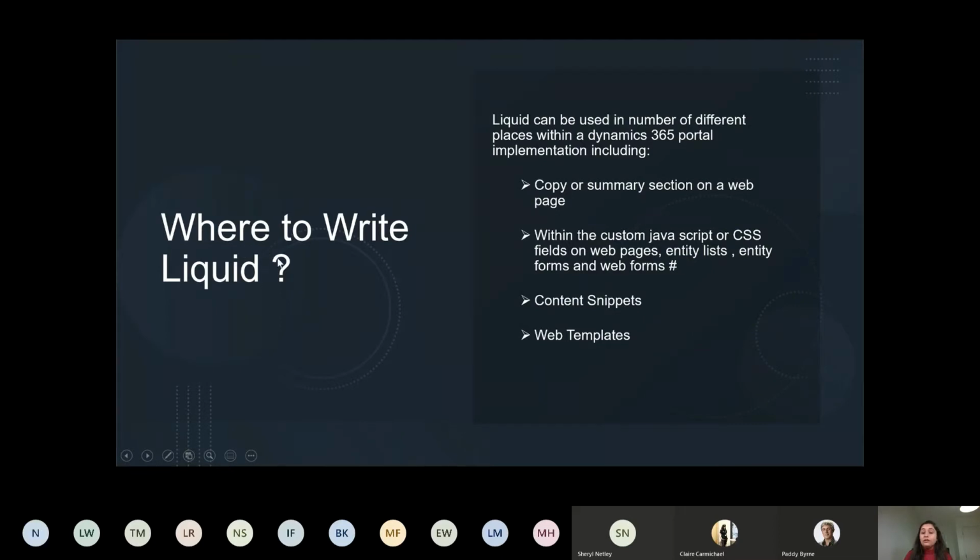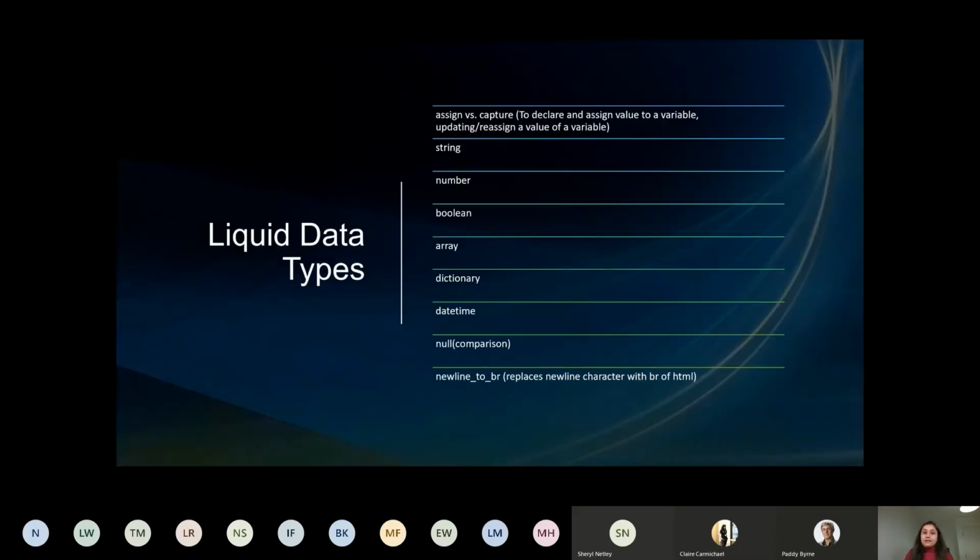to write Liquid. So today we are going to practice all Liquid syntaxes and code, and just get started using the web template. But all other places Liquid is applied, and Liquid can be mixed with HTML, CSS, and JS as well by just using the proper tags of the language. So let's go next. As in the other languages, we have data types. Liquid also has some data types.